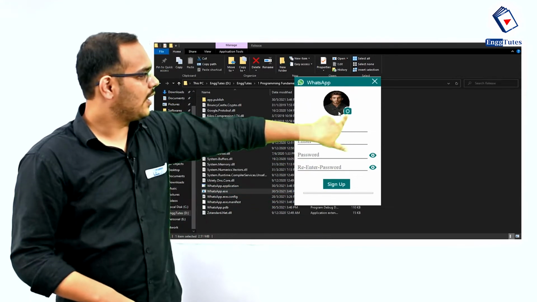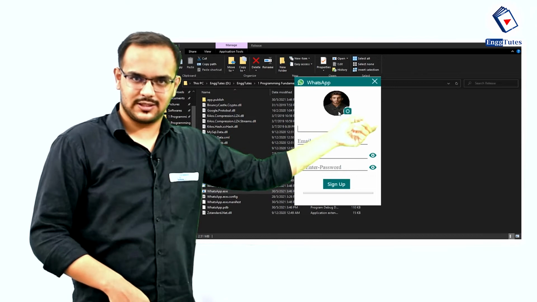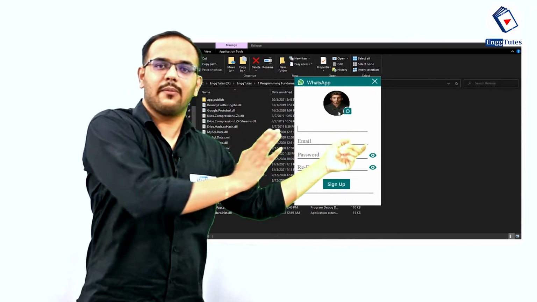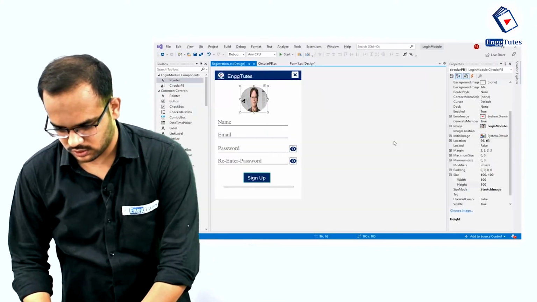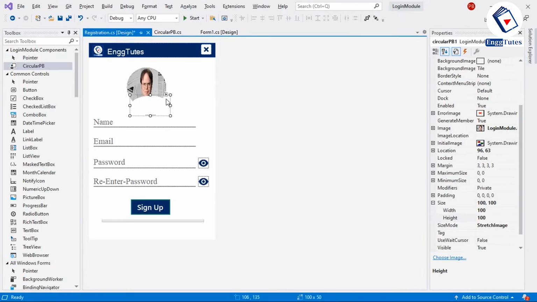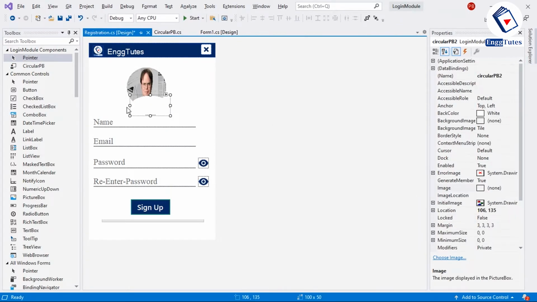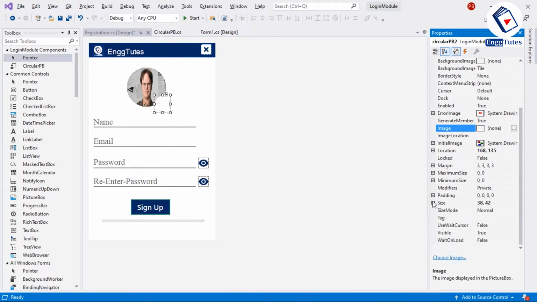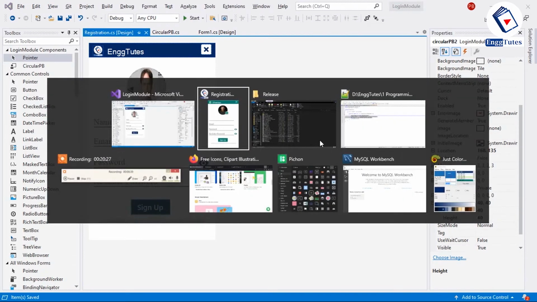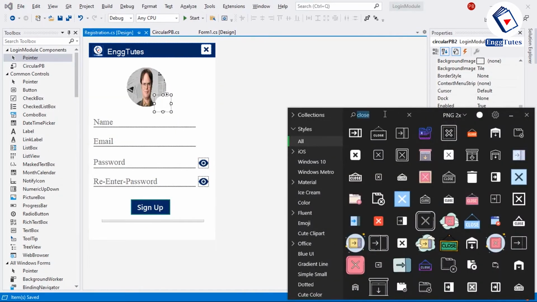Done. So now we have to add another circular PB and set its image to a camera. So let's add another circular PB. Let's make it very small. Go to its size. We can use 40, 40. Then we will need a picture of a camera, so we can get it from Pichon.